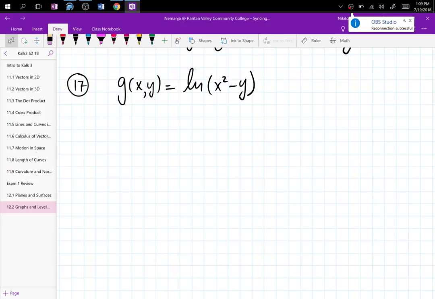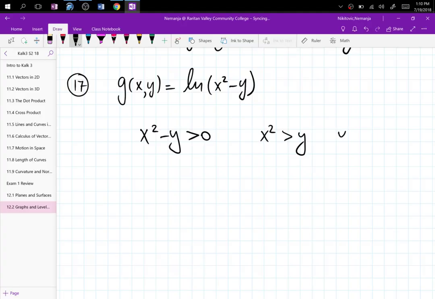All right, so the rule for ln is that you are only allowed to plug in positive numbers. So no 0 allowed, no negatives allowed. So we have to deal with x squared minus y larger than 0, strictly. That's it. So we set the argument to be larger than 0, and then we solve this inequality. I'm just going to move y to the other side, getting x squared larger than y, and then say y less than x squared. So if y is less than x squared, I can draw the parabola